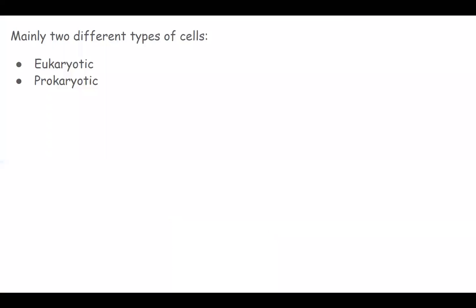So some main portions of cells. There are two main categories of cells for beginners if you want to learn about cells. There's eukaryotic cells and there's prokaryotic cells. So we have eukaryotic cells here and we have prokaryotic cells. So their names are